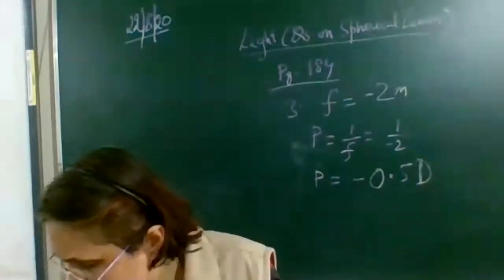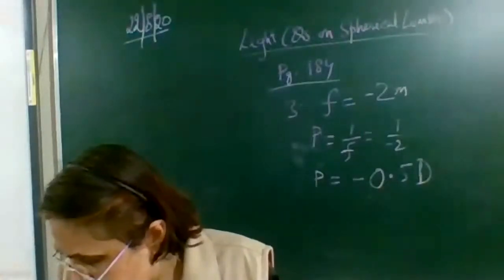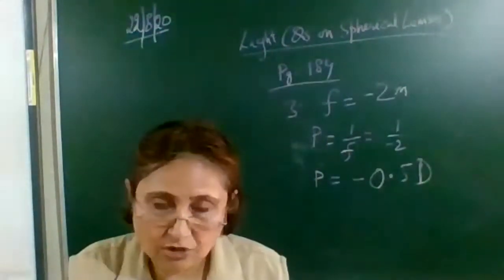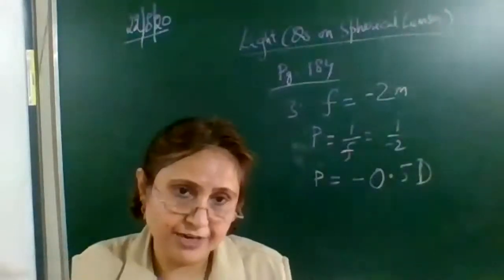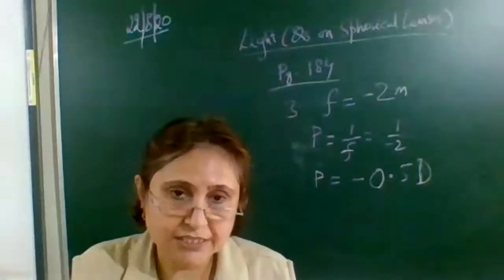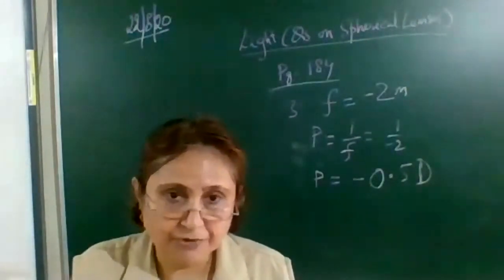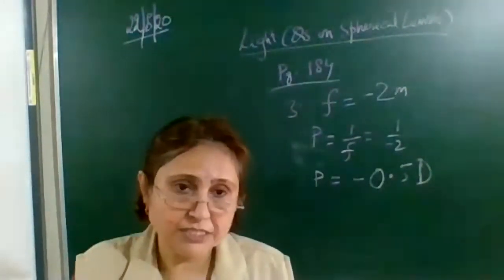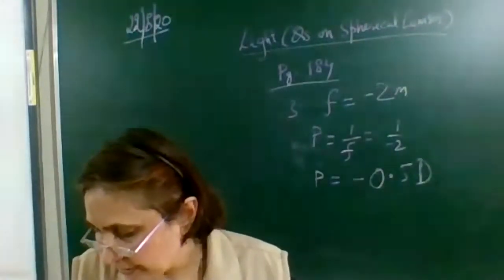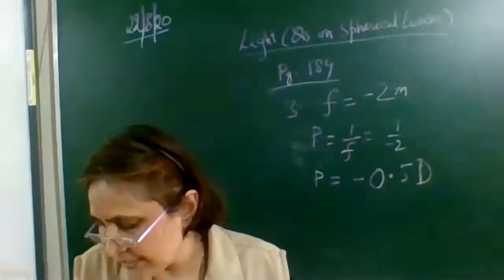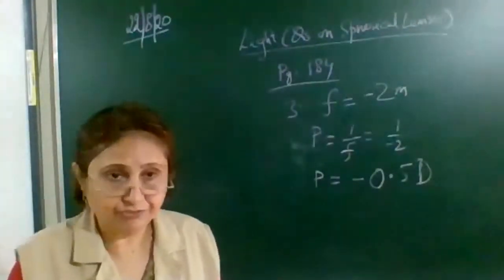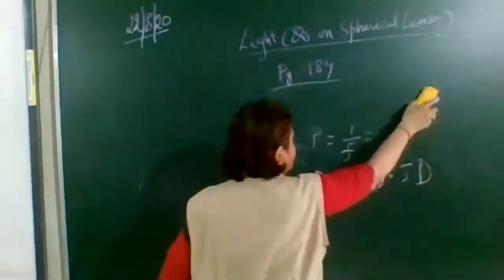Now when we read the options, B and D cannot be there because these are concave lenses, and concave lenses never form a magnified image, never form an image which is greater than the object. And when you are reading the dictionary with the help of a lens, it should be a convex lens to get a magnified image. Now there are two options for the convex lens. The first one is a convex lens of focal length 50 centimeters, and the C one is a convex lens of focal length 5 centimeters. So between the two, which one will be correct?